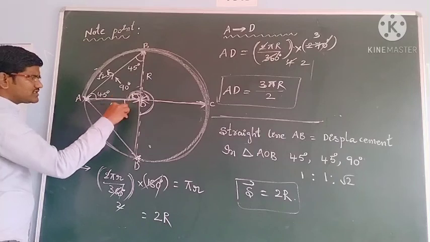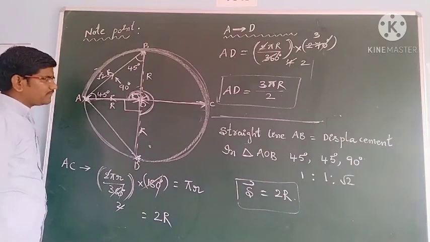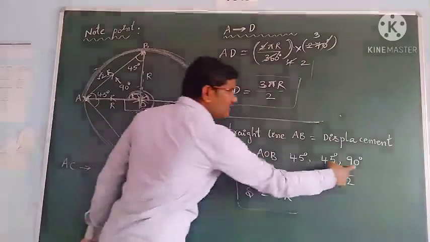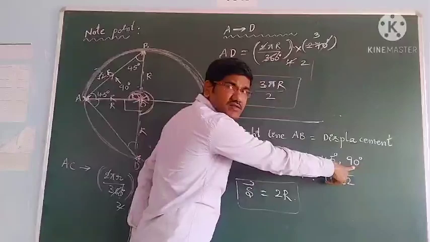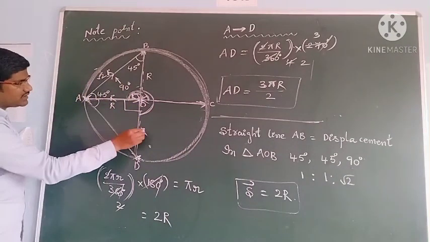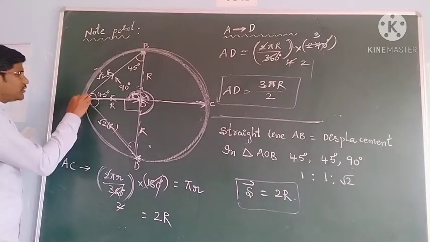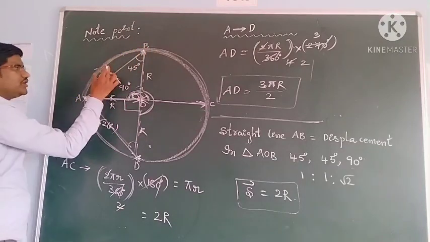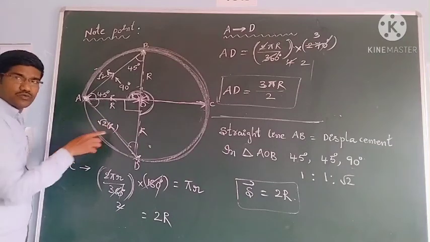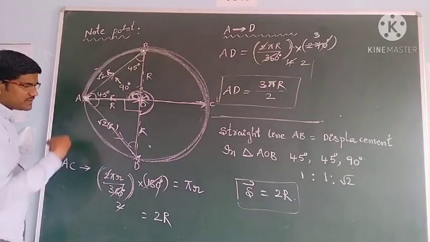Now you know this is 90 degrees, this is the radius r, this is the radius r. So this will be 45, this will be 45, a 45, 45, 90 degrees right angle isosceles triangle. So displacement AD, with sides r and r, will become root 2 into r. If it goes from A to B, displacement magnitude is root 2 into r. If it goes from A to D also, displacement magnitude is root 2 into r only. But the displacement directions are different.